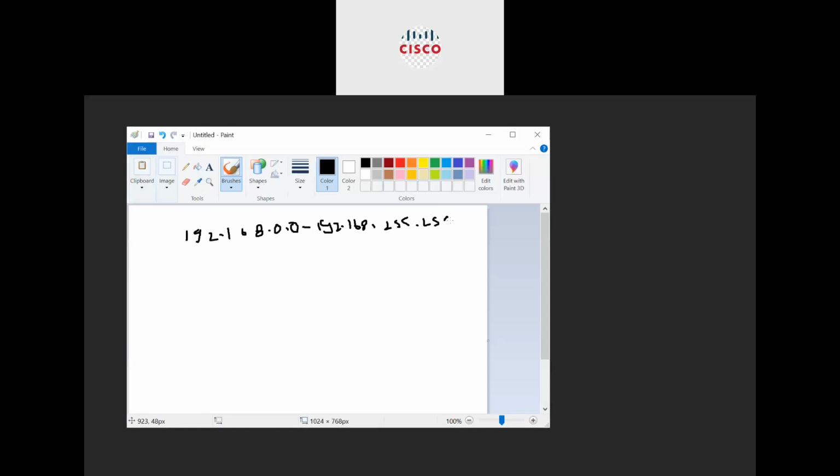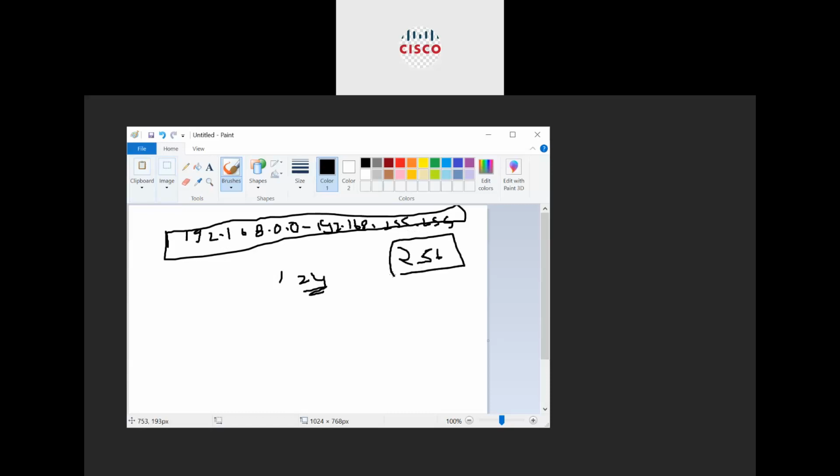So yes, this is the range, and we all know that class C has slash 24 bits. That means 24 bits are there, and we have a big range from 0 to 255. So I have a total of 256 IP addresses from class C that I can use as private IP addresses. Okay, that's no problem. I can use as many IP addresses as I want. But there is a problem,